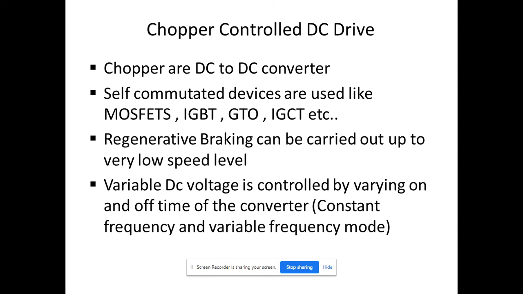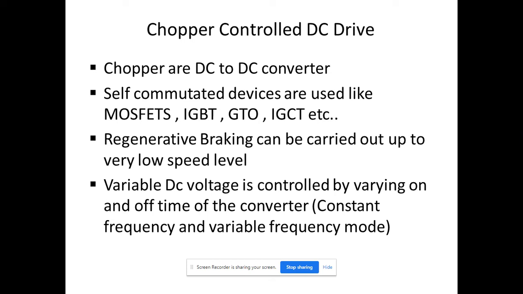So, if you give the fixed DC voltage to the input of the chopper, we can get variable DC output from the chopper circuit. So basically, choppers are DC to DC converters,